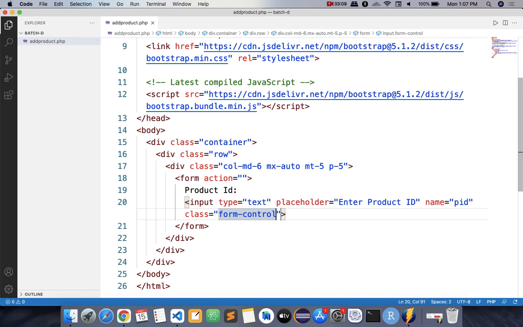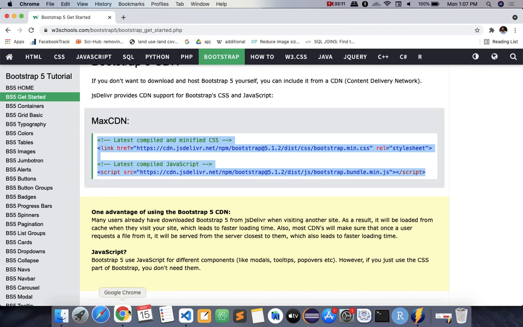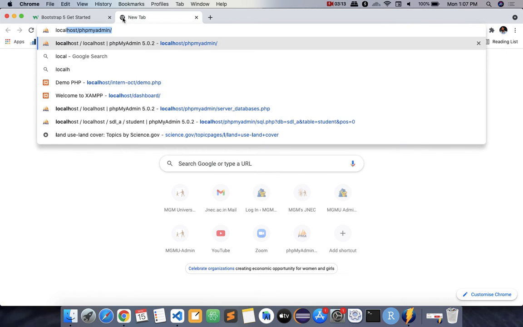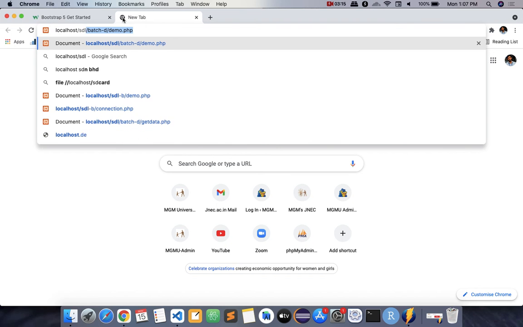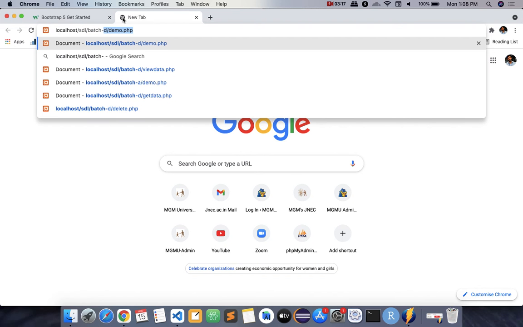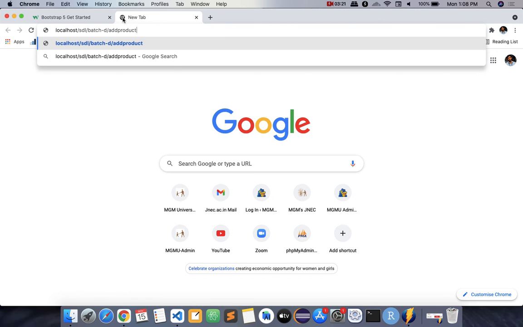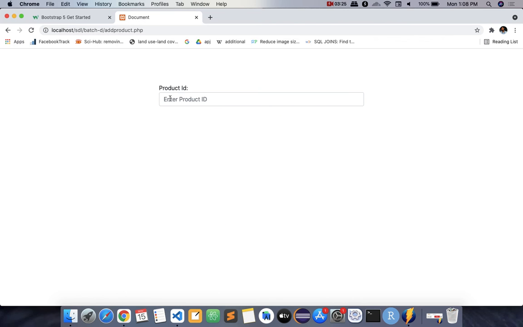Save it. Now we want to run this. How will you run this? You have to write localhost/sdl/batch-d/add product.php. So you will get the field. Okay, so you got it at the center because of mx-auto.